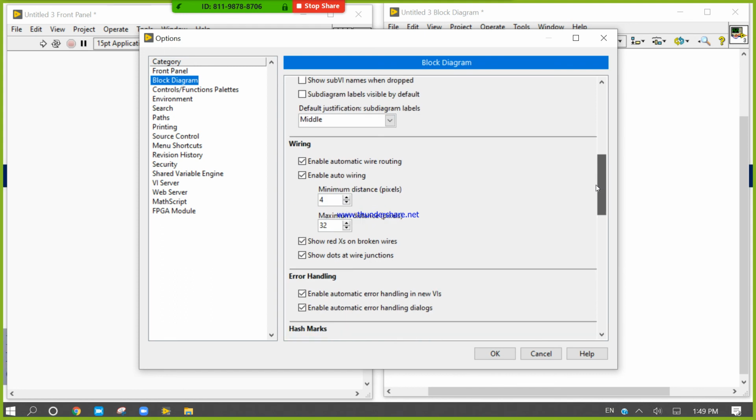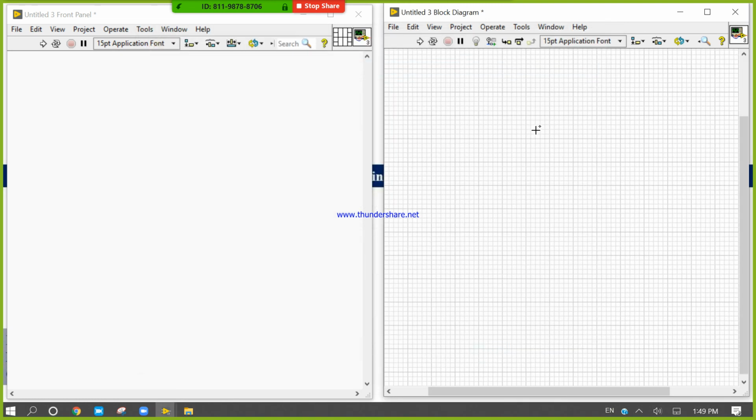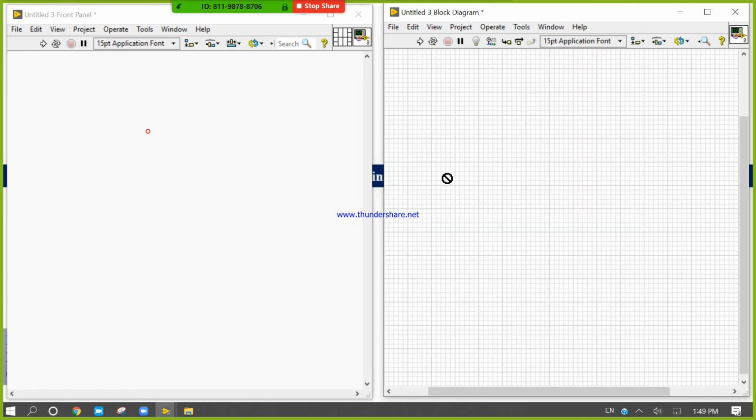In this block diagram, if you want, you can open the grid. So now you will get the grid in the block diagram. By using this grid, you can adjust and select positions and other things very efficiently.